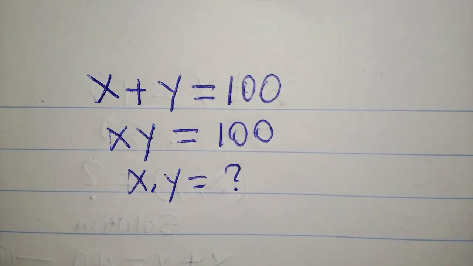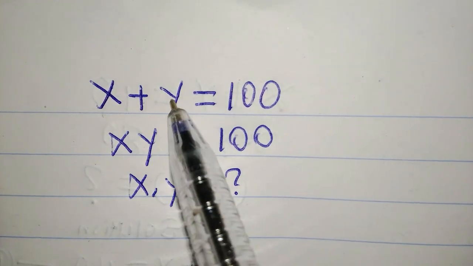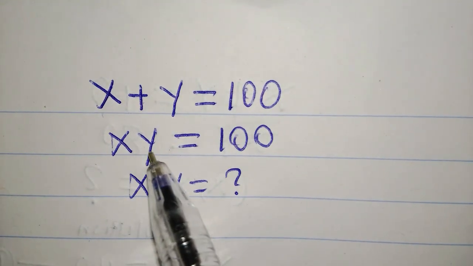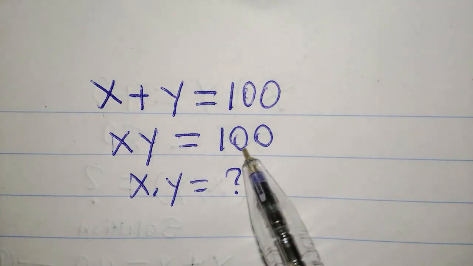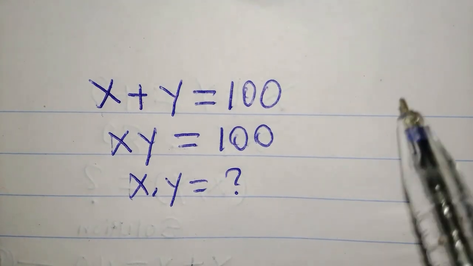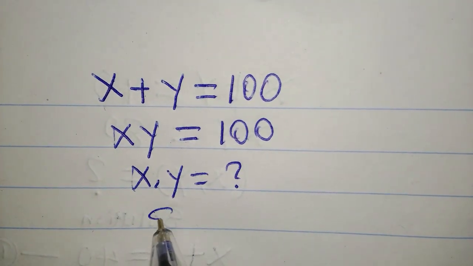Let's provide a solution to this question. x plus y equals 100, x times y equals 100. What is the possible value for x and y? So let's provide a solution. So solution,